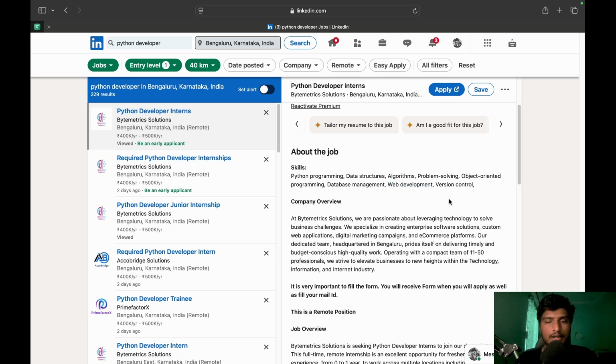So how many skills do you have? How many skills do you know in web development? You know database management. Yeah, you can handle that. OOPS, of course you should know about OOPS. And then algorithms, you might or might not. Let's not add that. Okay, and then data structures, maybe you don't know. So then Python programming. So how many do you have? You have 4 skills in this. Okay, 4 is a good one.